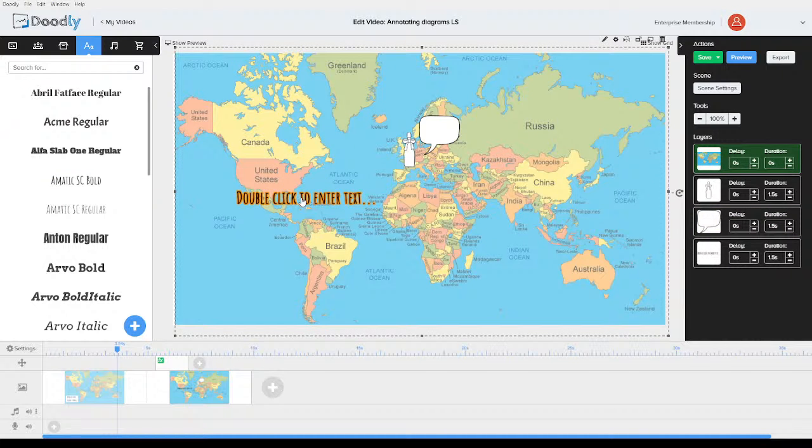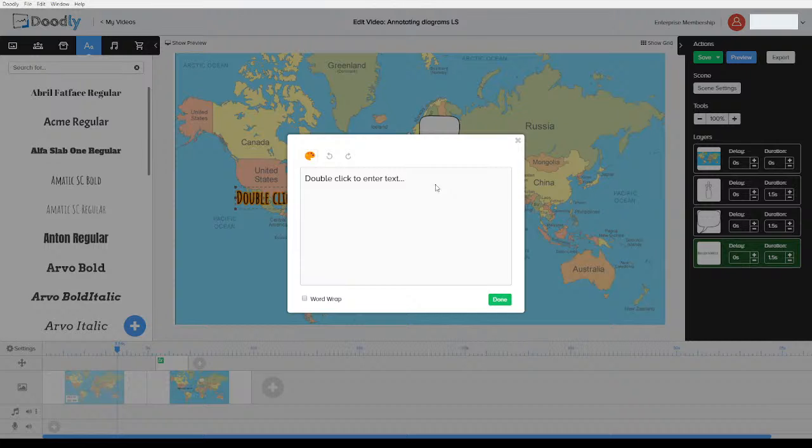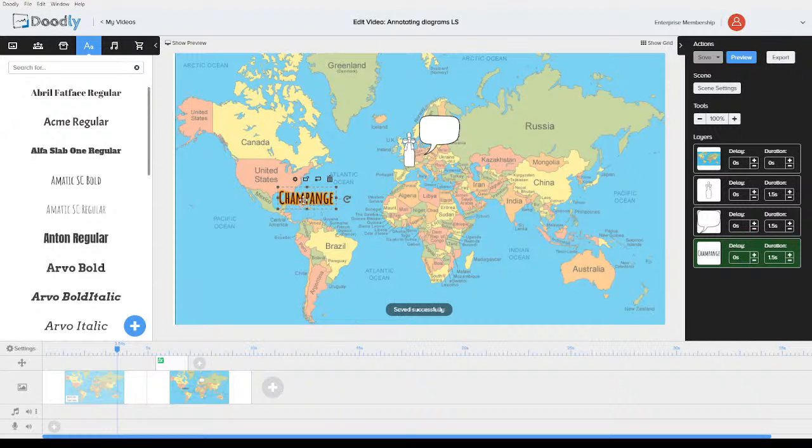Now, even though we know where things are coming from, wine, we're going to call it champagne because only champagne can come from France. Wine can come from many places, but champagne is from France. And I could put champagne is from France, but I'm not going to.